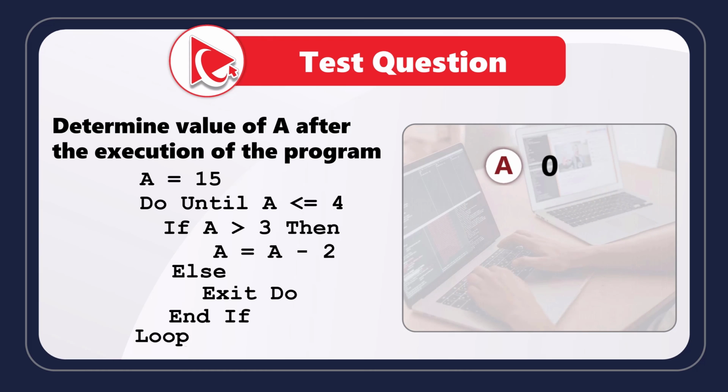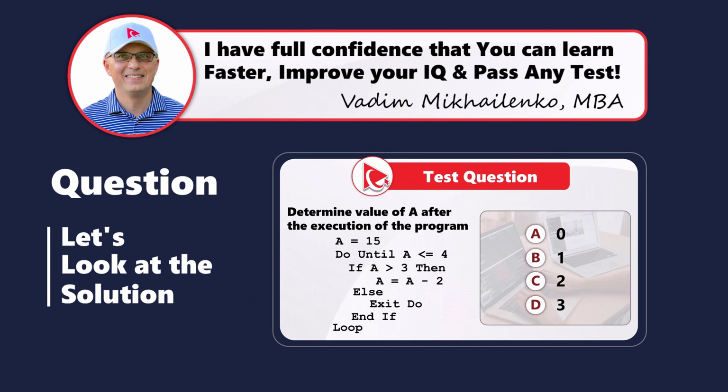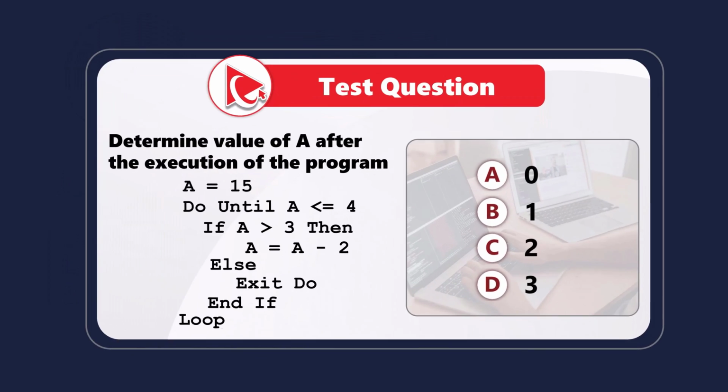Choice A, 0. Choice B, 1. Choice C, 2. And last but not least, choice D, 3. Take a close look to see if you can come up with the answer. I think I calculated my solution, so I'm moving forward to share with you my version of the answer. And obviously, if you have a better way to solve it, or you calculated a different answer, please make sure